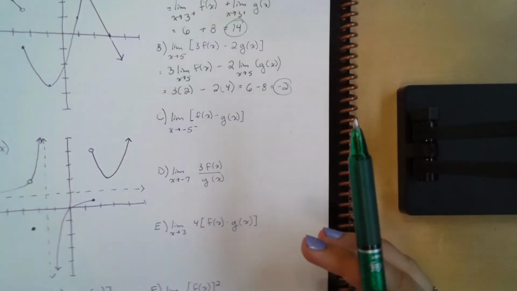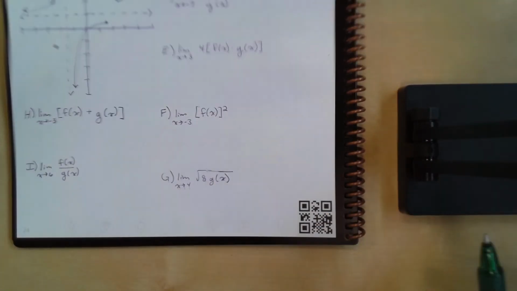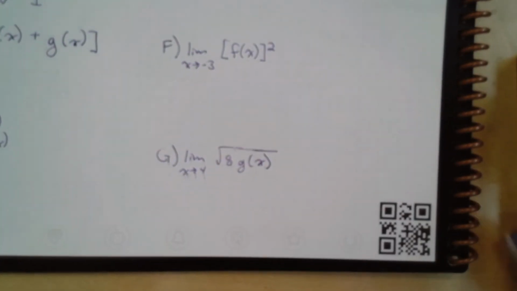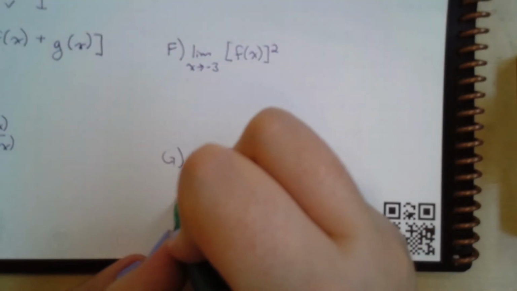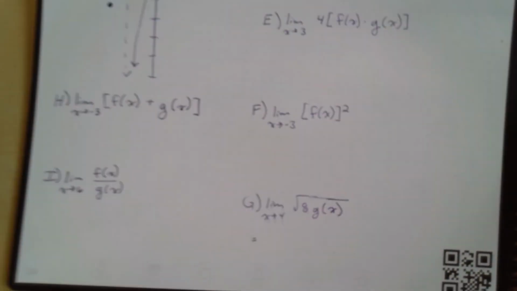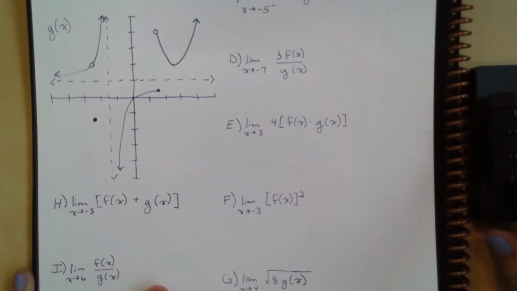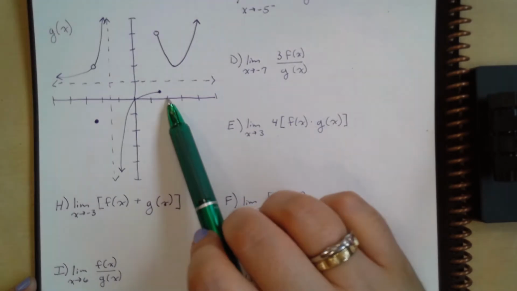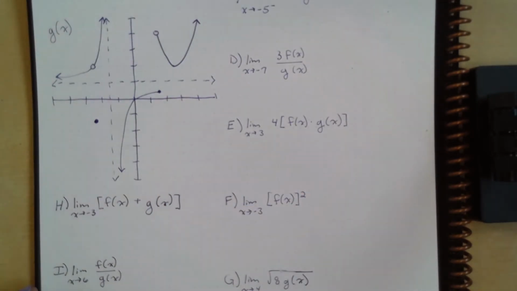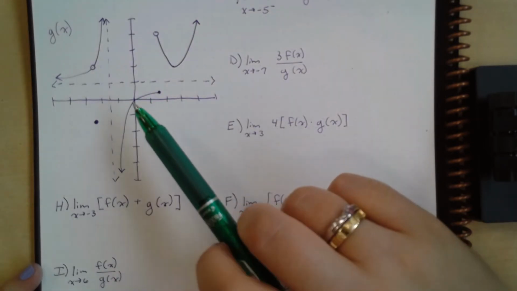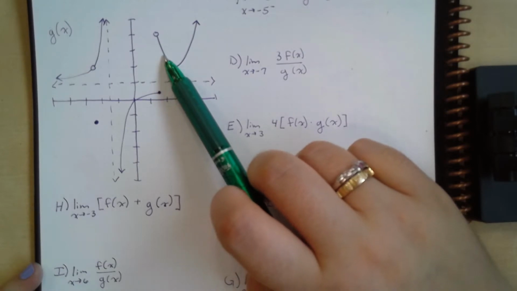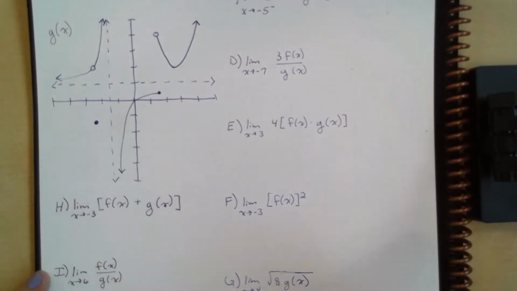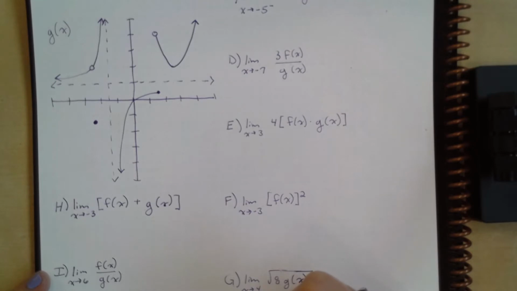Let's do letter G. Letter G down at the bottom here. The limit as x approaches 4 of the square root of g of x. That looks fun. Well, if I go over to my graph here, g of x at 4 looks like it's going to be 2, 4, about 5. Okay? So this is going to be the limit